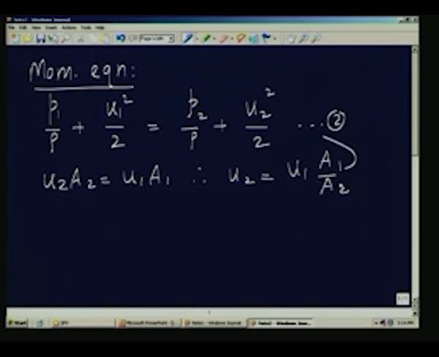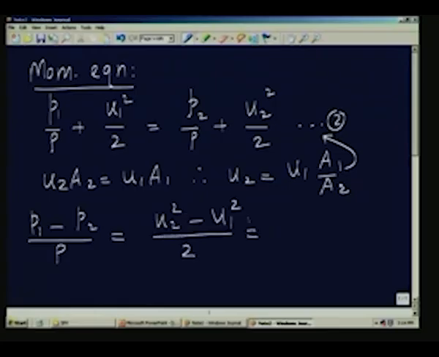What I will get is (P1 minus P2) by rho, taking P2 by rho to the other side, will be equal to (u2 squared minus u1 squared) by 2,